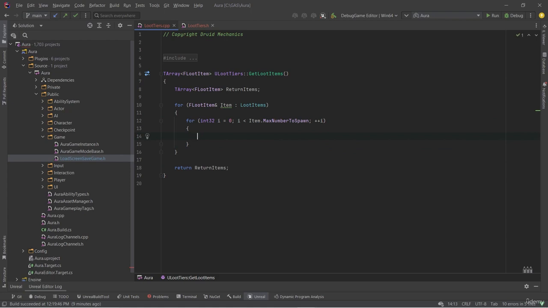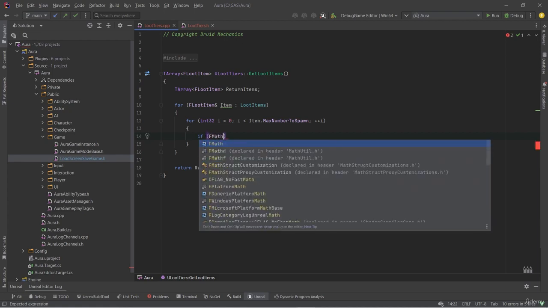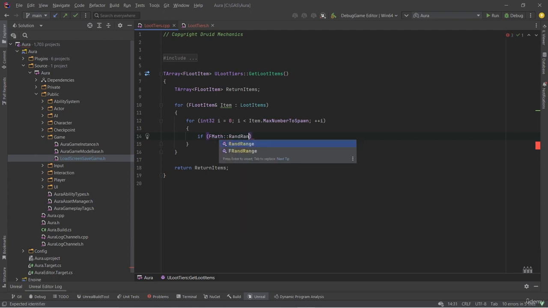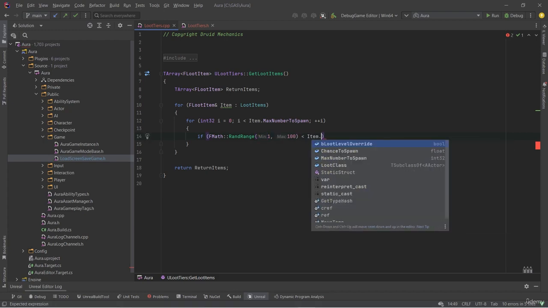So there's a max number of items to spawn. Let's say we have a red potion. You can spawn a maximum of 3 of them when you kill an enemy, right? So for that specific item, if you can spawn a maximum of 3, then I want to loop over that number, 3, and 3 times I want to roll the dice and see if our chance to spawn dictates that we should spawn. So we're going to say if, and we can do a RandRange like we've done before,